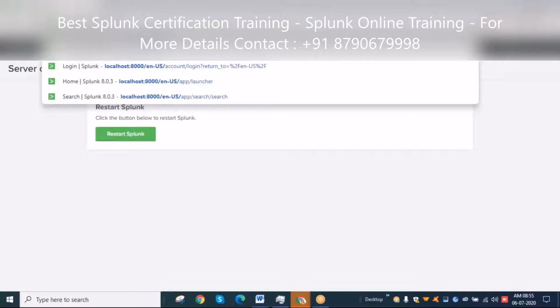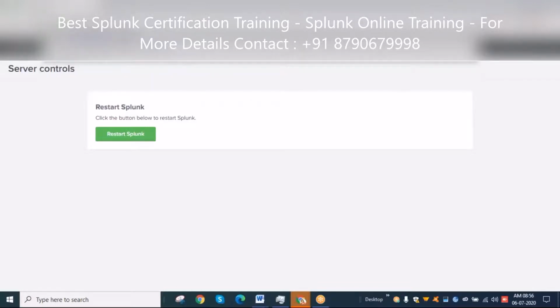Say you are making changes in only one application folder, App 1. When restarting Splunk, Apps 1, 2, 3, 4, 5, all the applications get triggered again, but I want to trigger only App 1, because I made changes only to App 1.